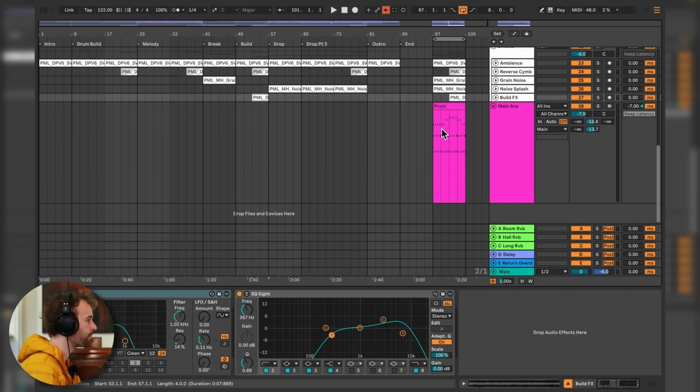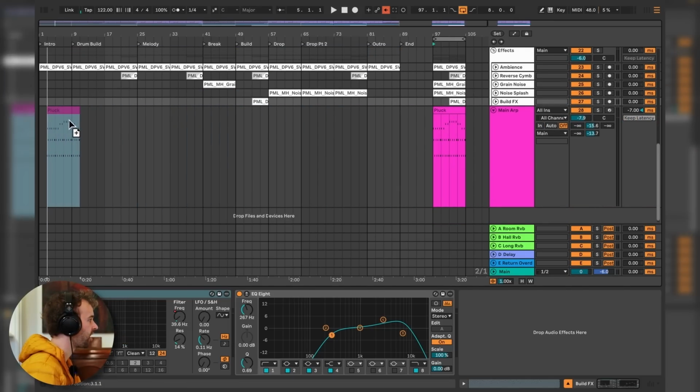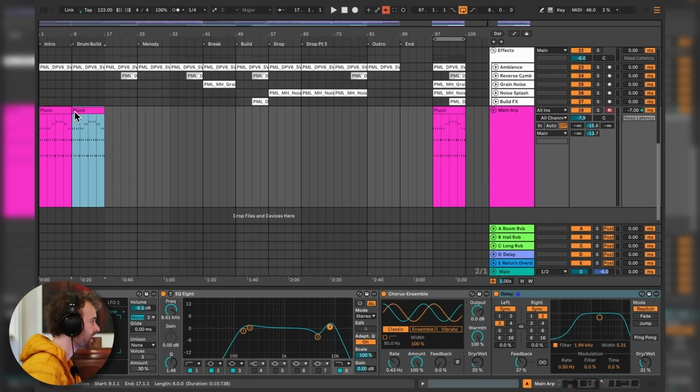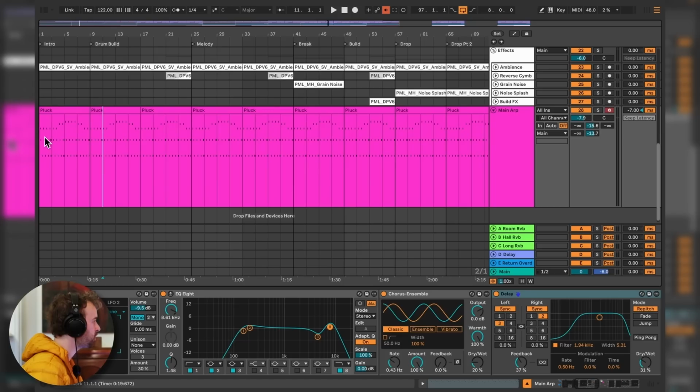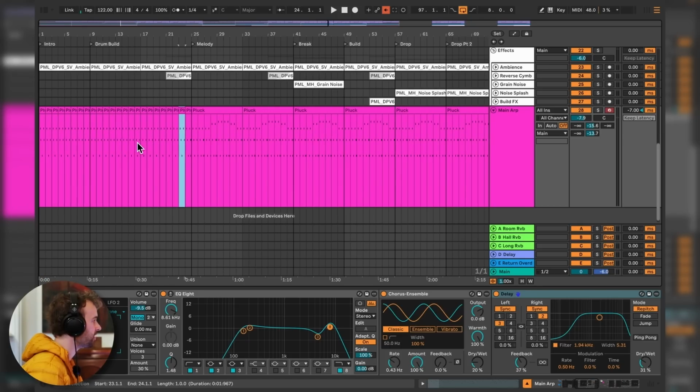Lastly, this main ARP pluck sound I think can happen the entire time. Let's just duplicate this all the way right through to the end. But potentially we could vary it a bit. So let's have the first bar or so just duplicated right through until when the